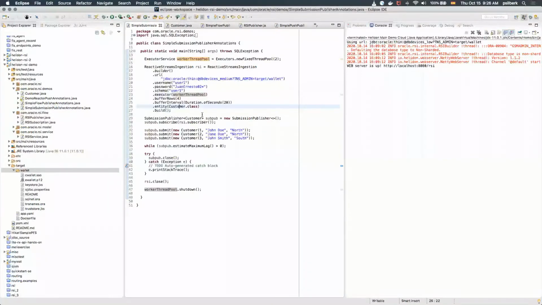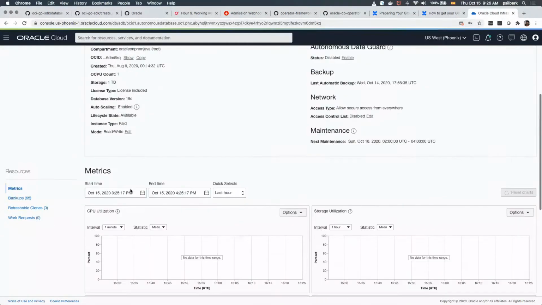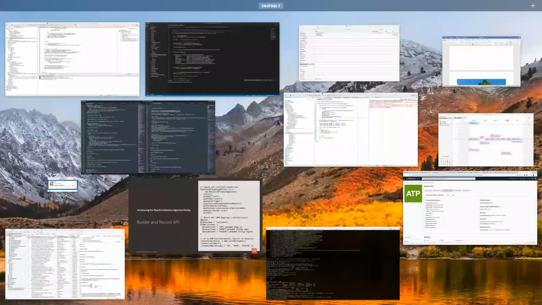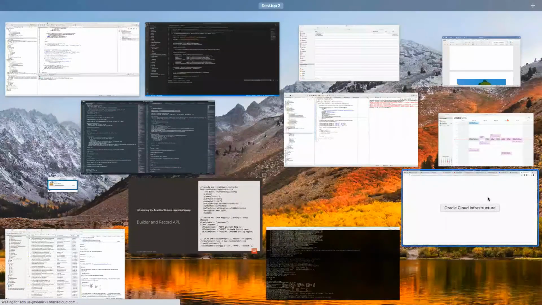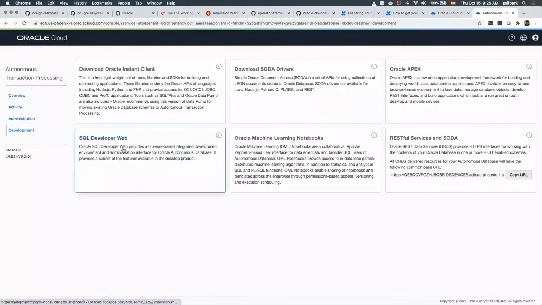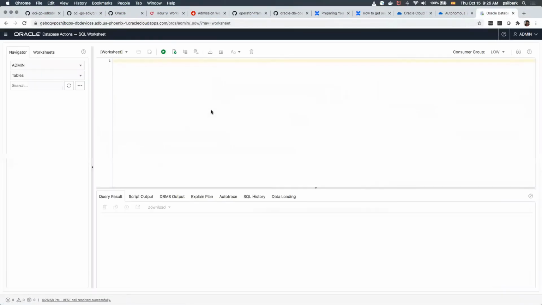Okay, so let's see our database. Let's look at this table.